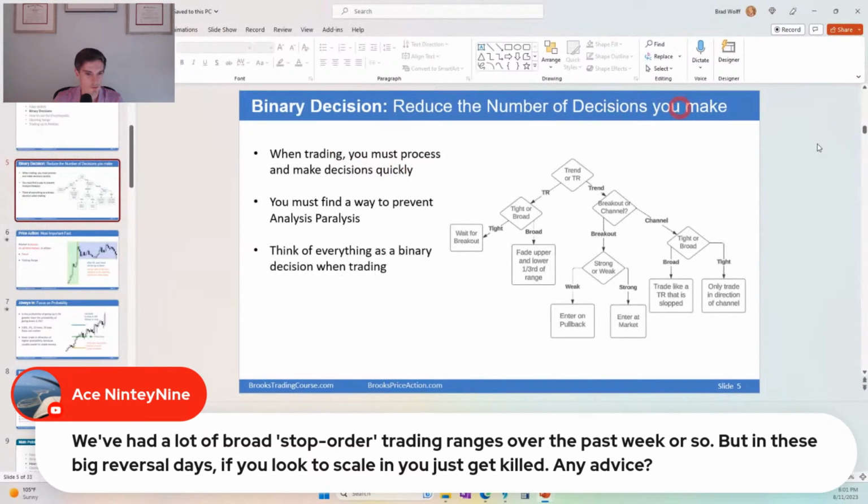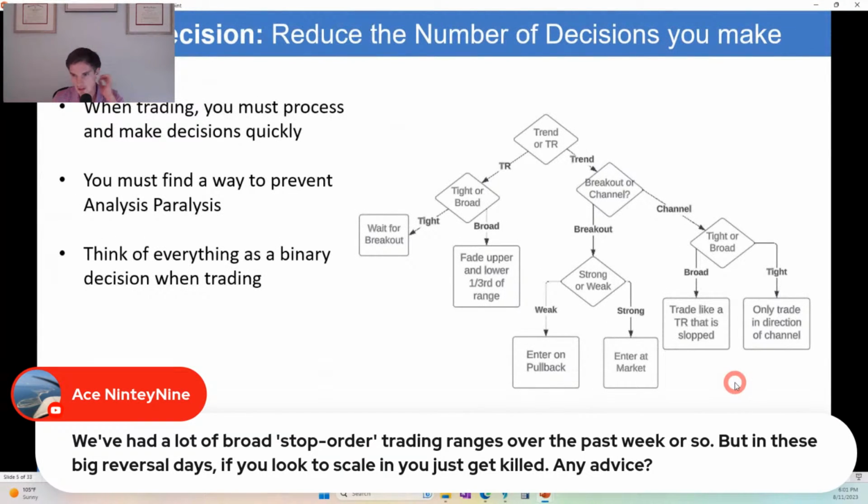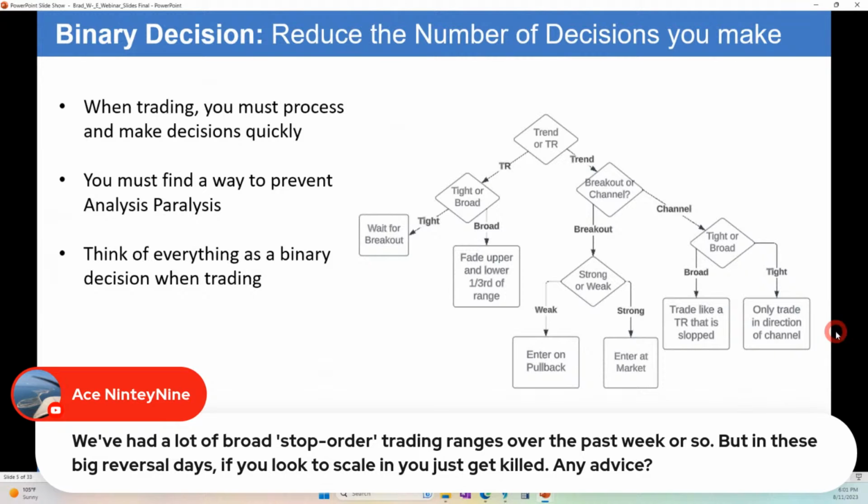So here's an example from the webinar that we did. I'm always thinking in terms of a decision tree. Is the market in a trend or in a trading range? Trend, is it in a breakout or a channel? If the channel's tight, only trade in the direction of the channel. So if we take this chart right here,